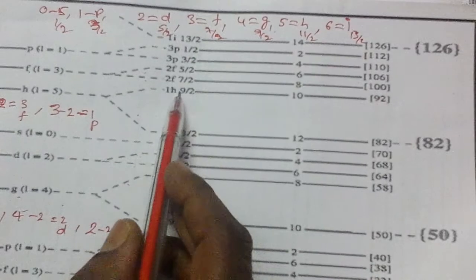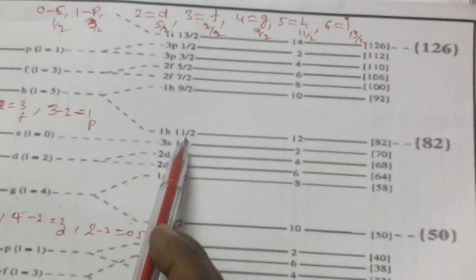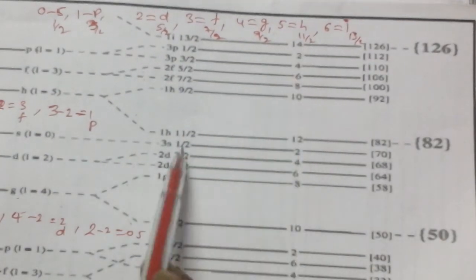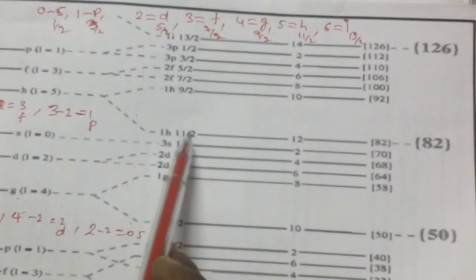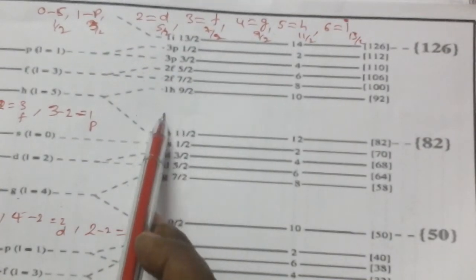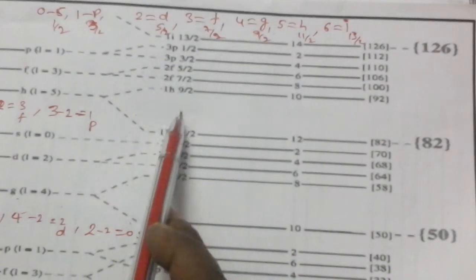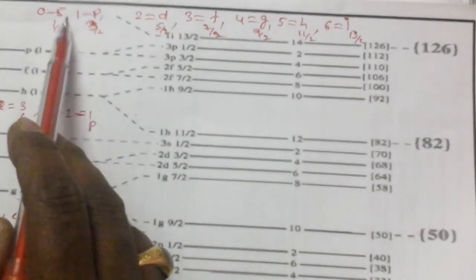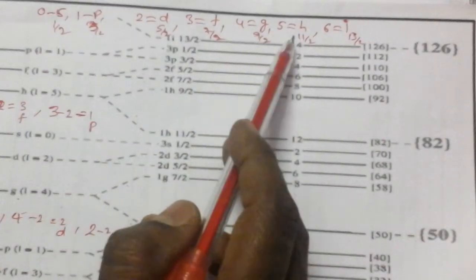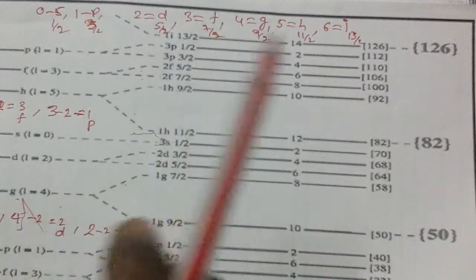And that's why if you look here, H is 9 by 2. You can see H is 11 by 2. So you can see it 11 by 2 dots. So it becomes what? Minus 1 by 2. It becomes what? Minus 1. So 11 by 2 minus 1 means 9 by 2 we are getting. So like this it is going to decrease. Two values only. Each of S, P, D, F, G, H, I can split only into two suborbitals. Two suborbitals only they can split.